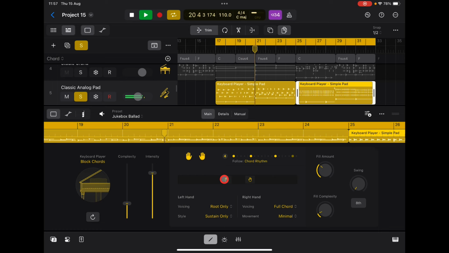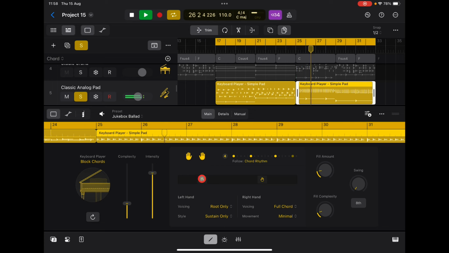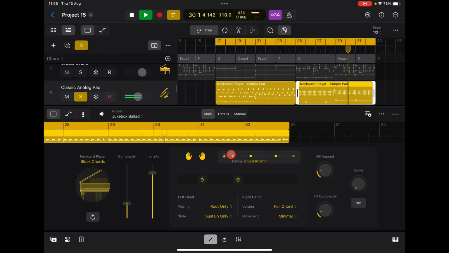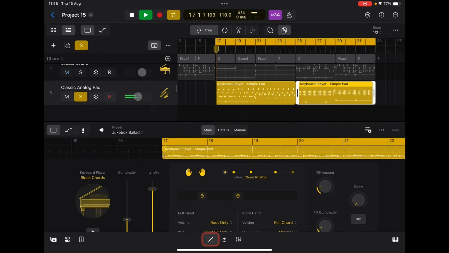Let's spread the range. This is this one, remember? Takes a while to change, so okay. So with the rest of the track,